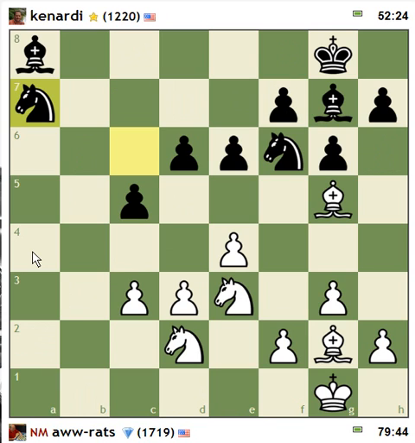Okay, so he took the queen. Now, his knight can go to b5 if I'm not careful, and that would pressure c3. That's my one weakness here. But if I counterattack d5 first, or d6 rather, either he has to use a piece to defend it, or